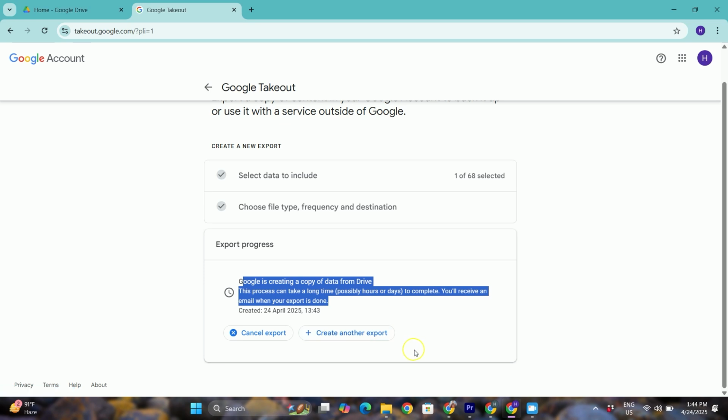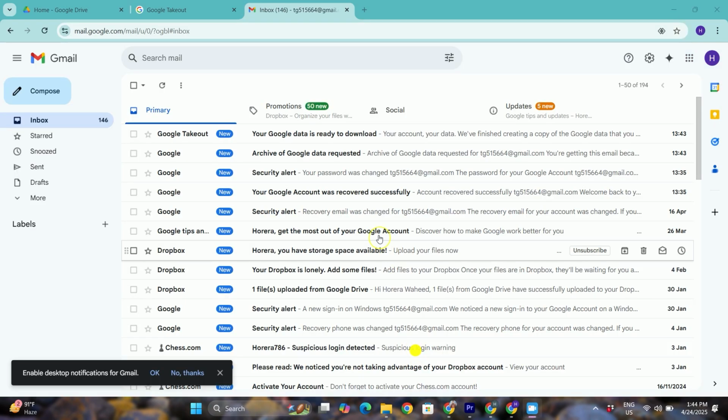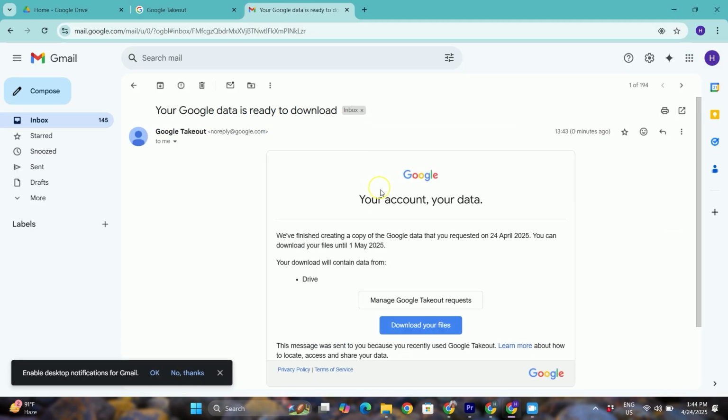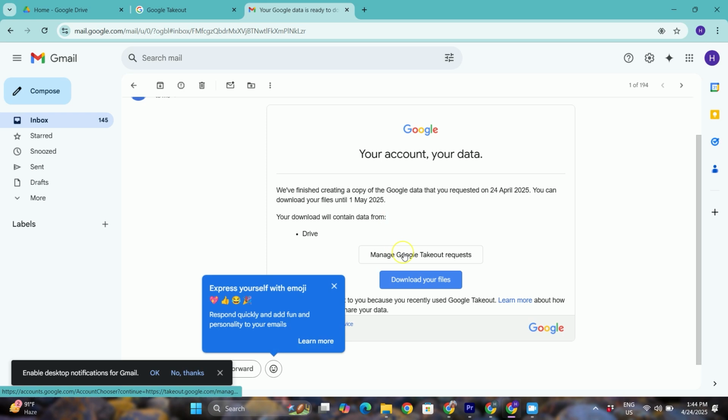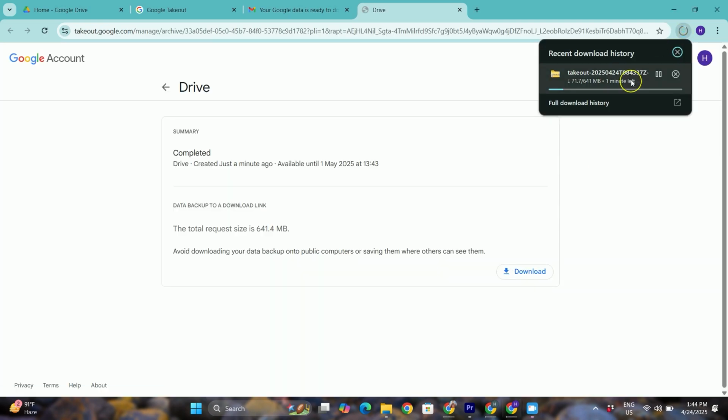So once this is finished, all you simply do is go over to Google and sign into your Gmail account, and once the transfer is completed, you will get an email that will look something like this, and go and download all of these files and folders and just click on download your files, and that's going to automatically start downloading to your computer. So you can see we have this zip file over here,